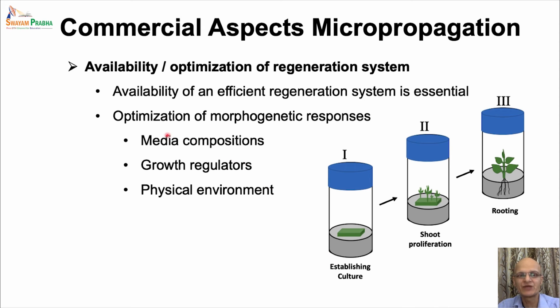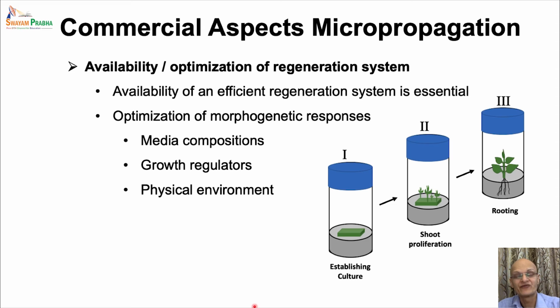Basic media composition may vary among different plant species, and the physical environment also, like the requirement of light, temperature, humidity and aeration. All these parameters may vary depending upon the group of plants or the type of species in question. So overall regeneration is often a difficult process for many plant species, like adult woody plant materials or herbs, and may take a long time to establish successful in vitro